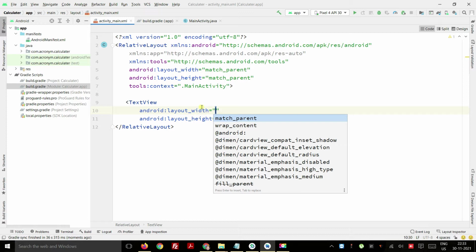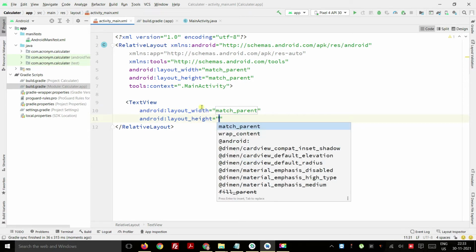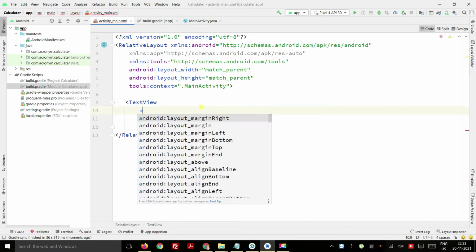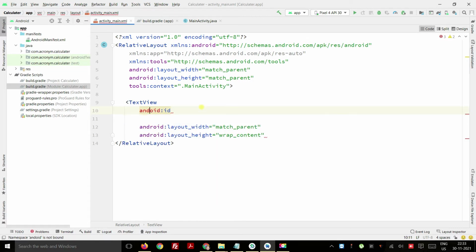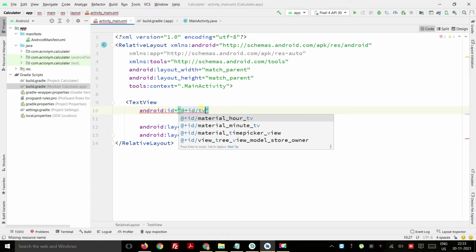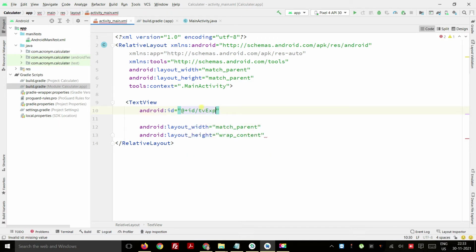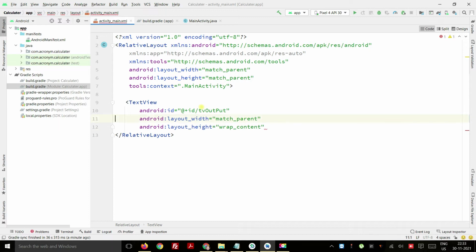That ID we can put as match parent and wrap content, and we will give one ID, android colon id, and I will put it as exp, or TV expression, or anything you can put, or you can put it as output. So I'll put it as output, and first of all I will close it and proceed further inside this.